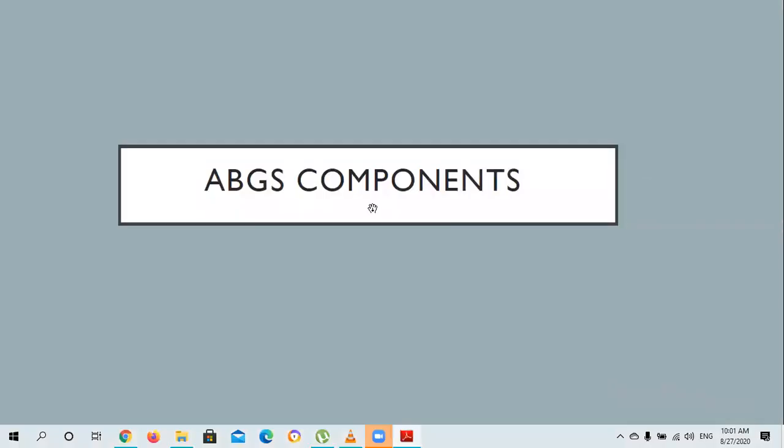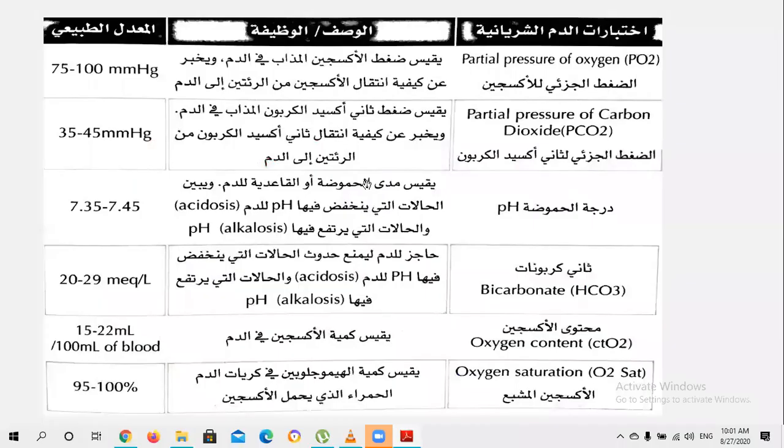So what are ABG's components? First of all, we have partial pressure of oxygen. It's الضغط الجزئي للأكسجين، تمام؟ وش وظيفته الأساسية؟ إنه يقيس ضغط الأكسجين المذاب في الدم، تمام؟ يخبرنا عن طريقة انتقال الأكسجين من الرئتين إلى الدم. طيب، البارشال بريشر أوف أكسجين، كم المعدل الطبيعي؟ من 75 إلى 100 ملي جرام ميركوري، أوكي؟